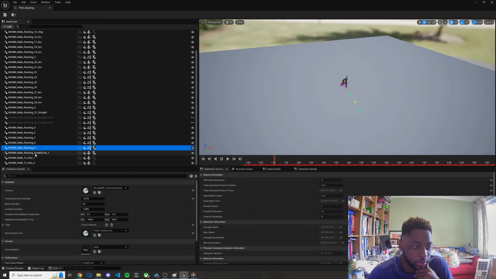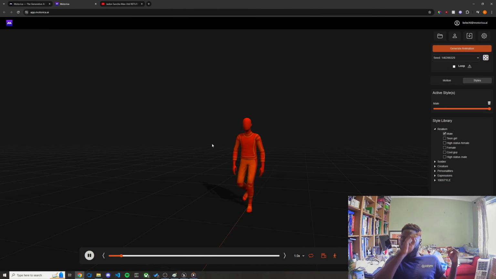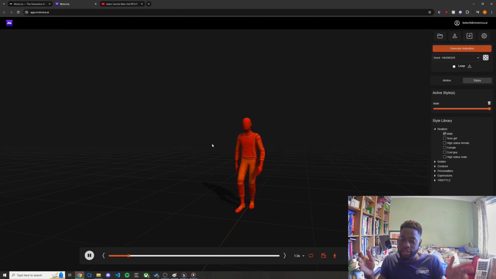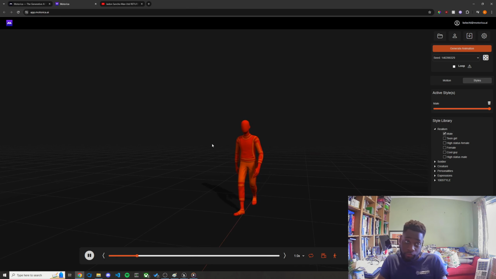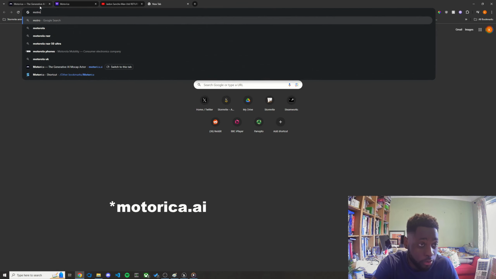So if we want to start generating these animations, the first thing we have to do is go to the Motorica website. Now, there's two ways of doing this. You can either do it here, generate the animations in this studio, and then download them into Unreal Engine, or you can head to motorica.com,